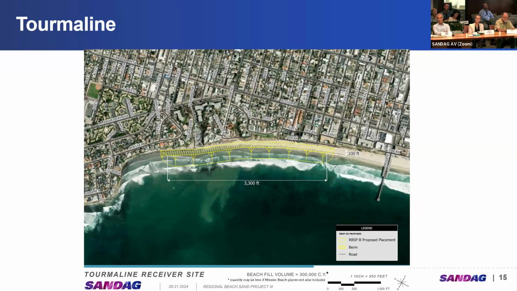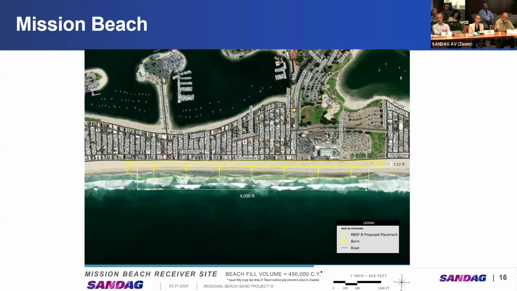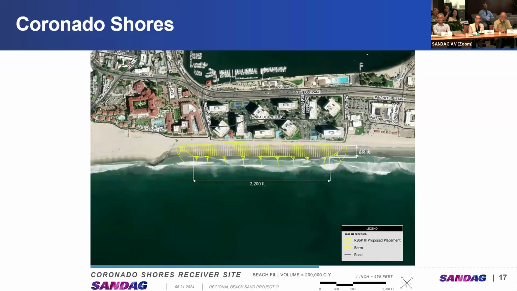The site that was built before in 2001 is at Mission Beach. This footprint, however, is about 3 times as large as the one that was built in 2001. That was a 150,000 cubic yard project, I think. This is a 450,000 cubic yard project placed right in front of Belmont and extending to the north. It's a longer footprint. It's a bigger quantity. It's a bigger project, of course.